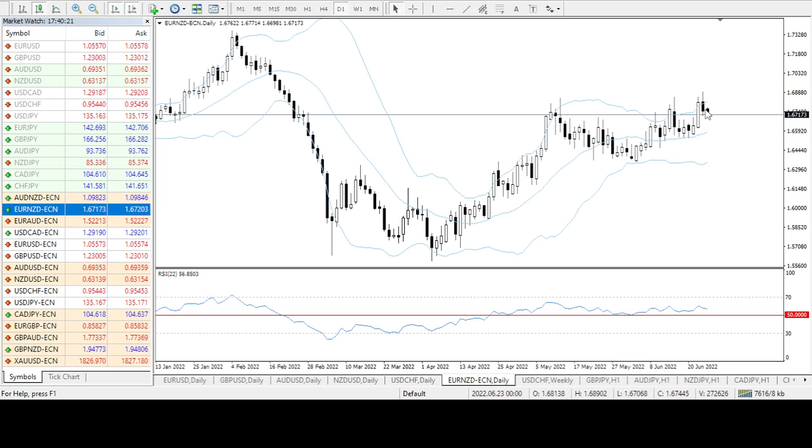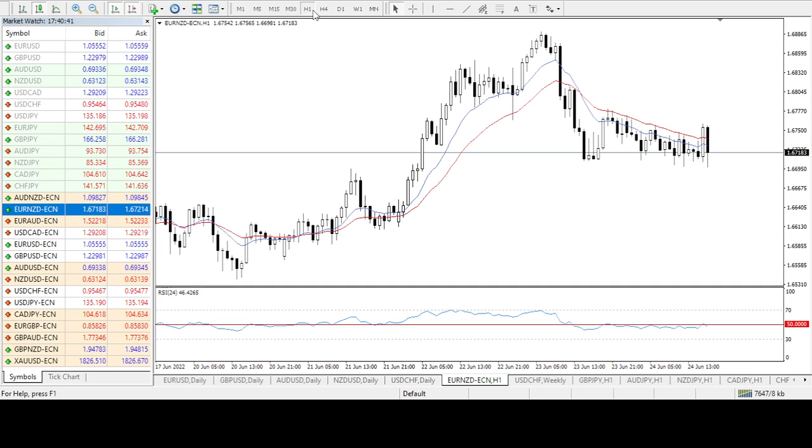So even though yesterday there was a downward move, this candle was very small compared to the previous bullish candle. So I did not make my mind to sell euro NZD even after closing of this bearish candle. I was waiting for further continuation to the downside for further confirmation. So now I'll go to 1 hour time frame and I will let you understand how I'm trying to trade